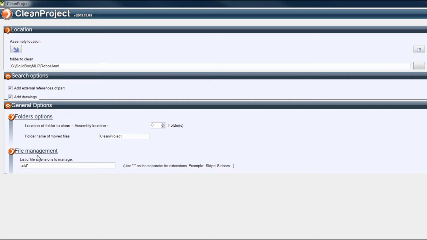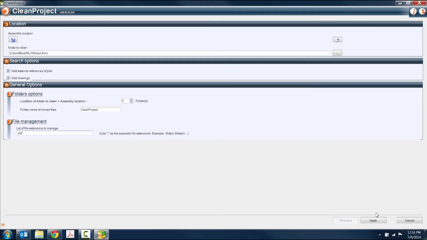And for file management, we have a list of file extensions to manage. Right now, just .sld with the asterisk means that every single SolidWorks file, including parts, assemblies, and drawings. But if you do want to exclude one of those, then you can delete the asterisk and have .sldprt separated by a comma, .sldasm, and that way we would exclude drawings from the list of files to manage. I'm just going to go ahead and put it back to SLD with the asterisk. That way all three file types are managed. And once we have all of this information in here entered correctly, then we click Next,